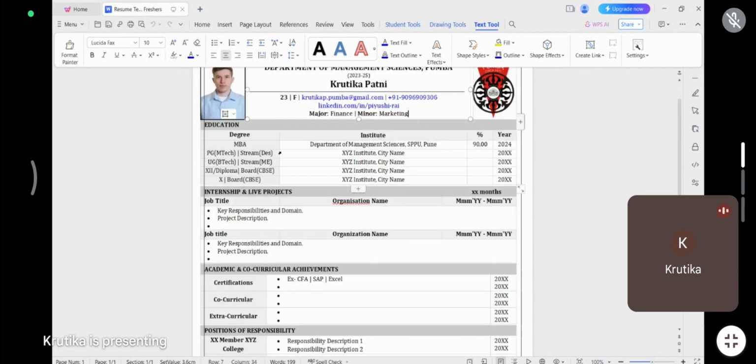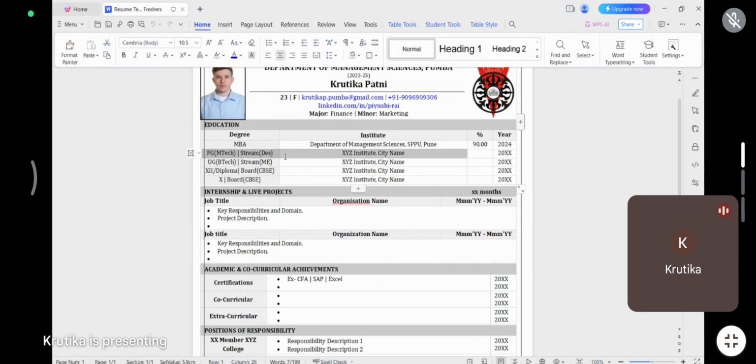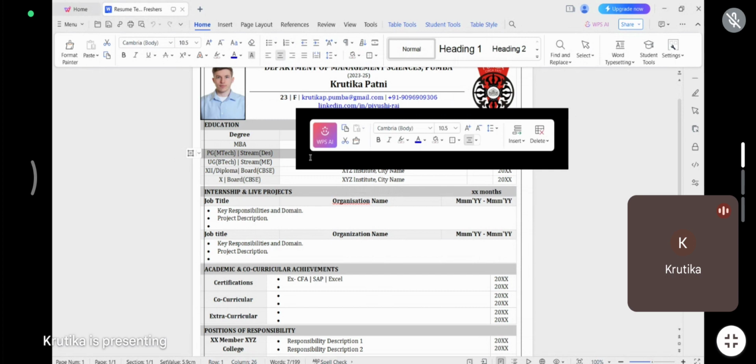Then here you have to write your education in chronological order. Your 10th, your 10th institute and your percentage. All the scores should be in percentage only, like your 10th score, 12th score and also graduation score. If the college has provided CGPA, then get the conversion factor and convert it into percentage. Here you have to write the end date of completion of 10th, 12th and graduation. If anybody has done PG or any other post graduation course, they have to enter it here, or you can delete the row.